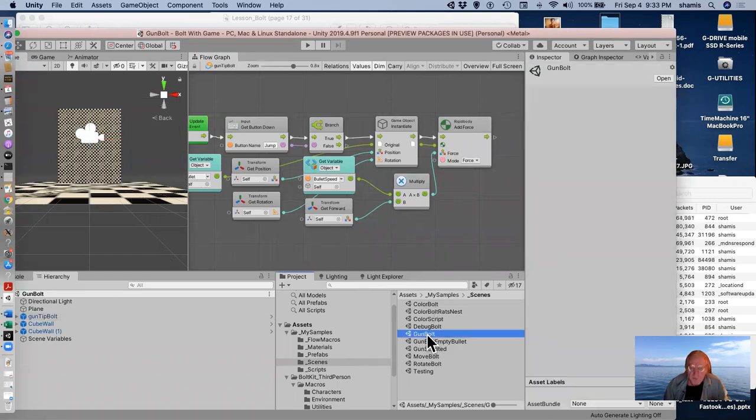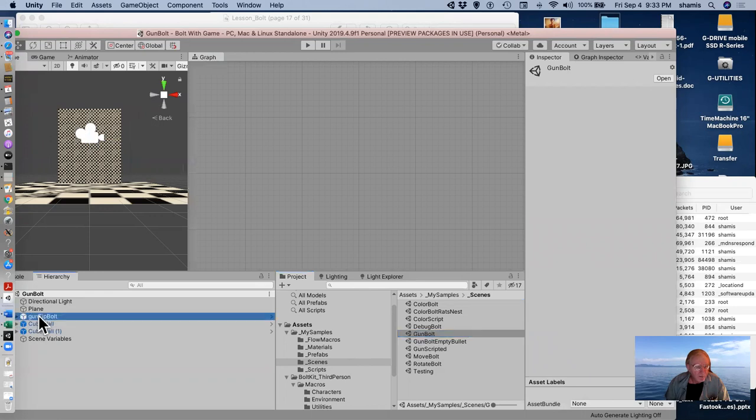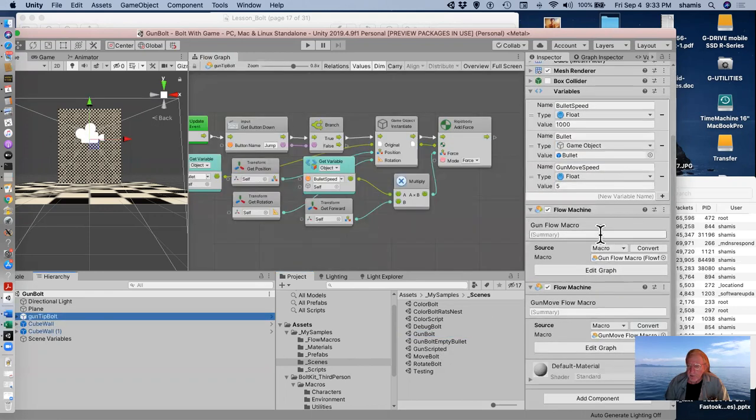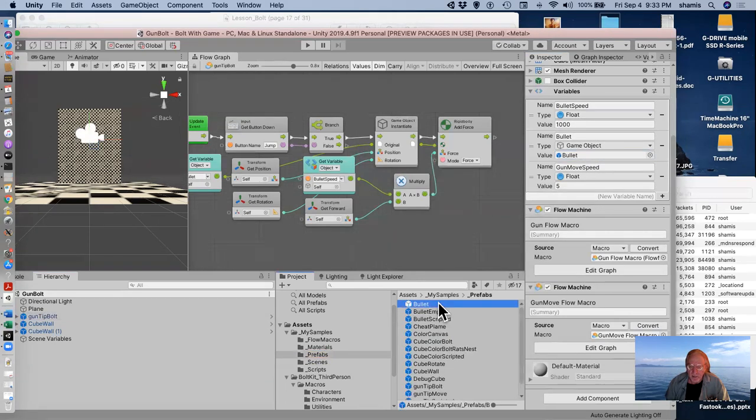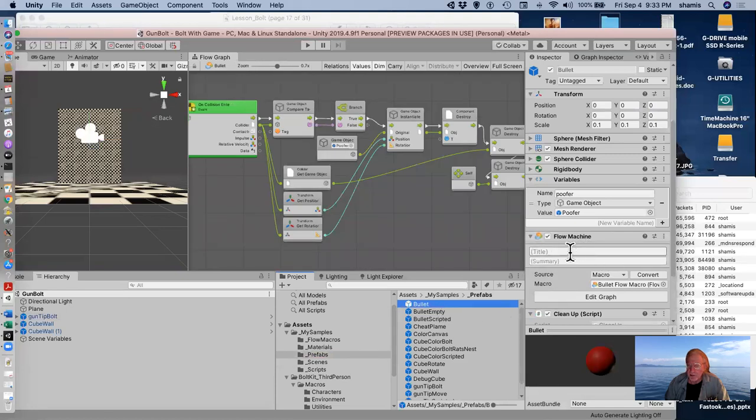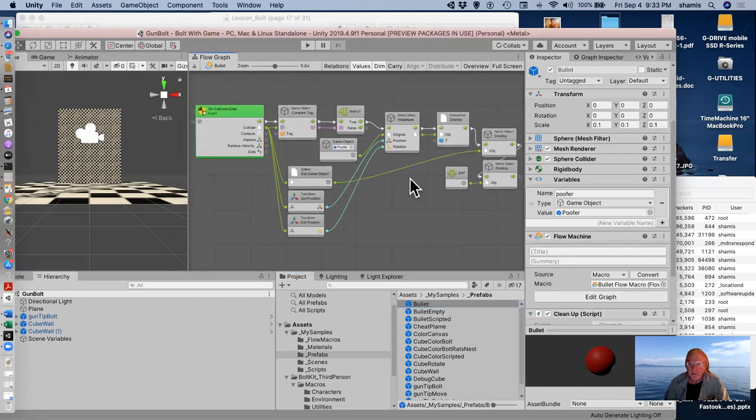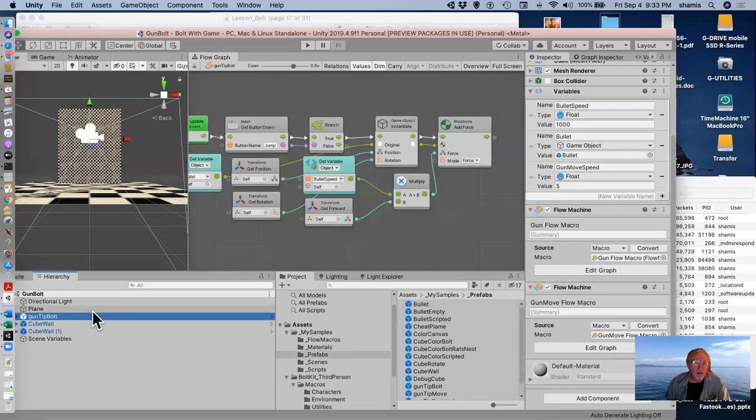So with this version, the gun bolt version, we now have these two flow machines, the mover and the gun flow. This time the bullet is a different prefab. This time the bullet is one that itself has a flow machine on it. The bullet flow macro that I just discussed, here it is in the inspector. And so in this case, when I run this,